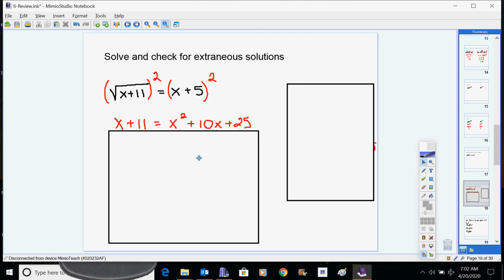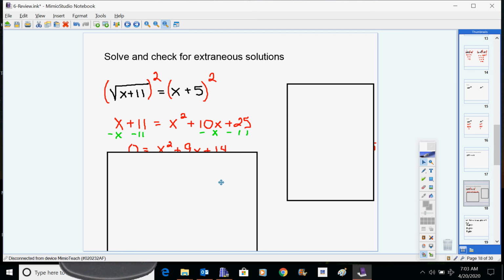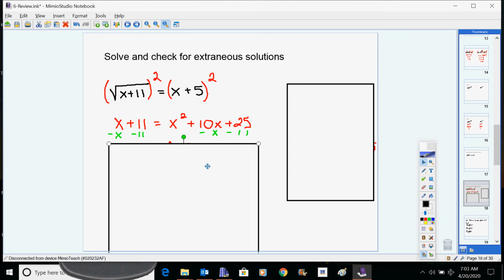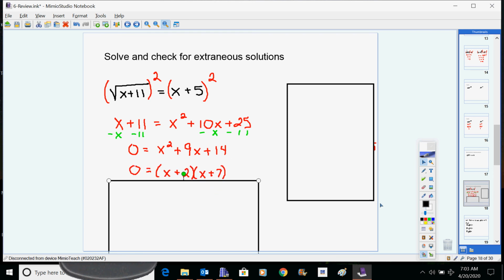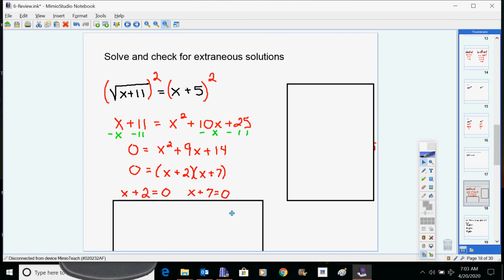So we need to get a 0 on one side, so we need to take away the x from both sides and take away the 11 from both sides, so that you get a 0, which makes it a very nice quadratic. A nice factorable quadratic for that matter, because 14, the factors of 14 that add up to be 9 are 2 and 7. You just have a 1 for your number right here, for your coefficient. So you can go straight into making it x plus 2 times x plus 7,